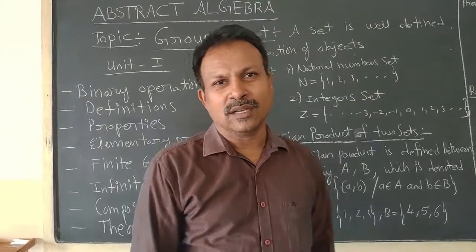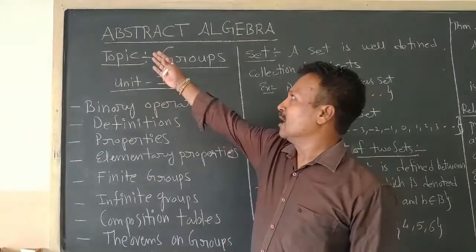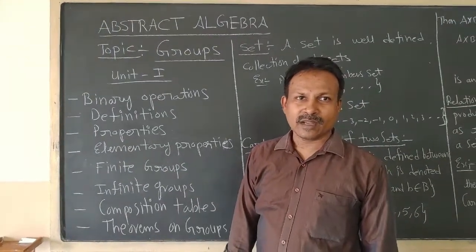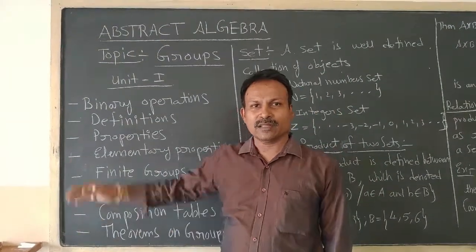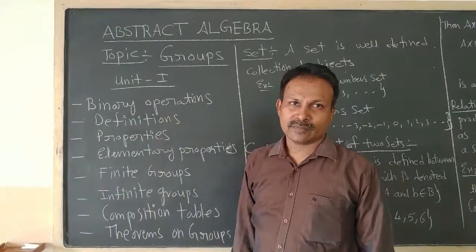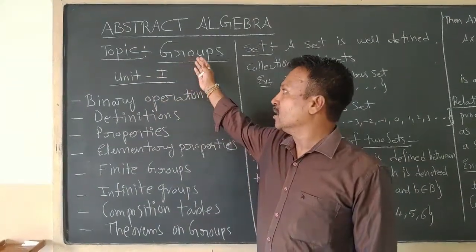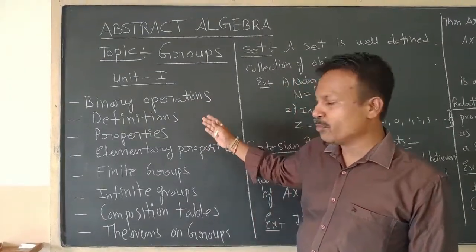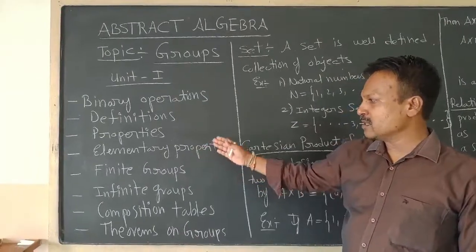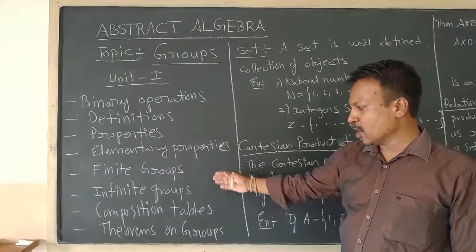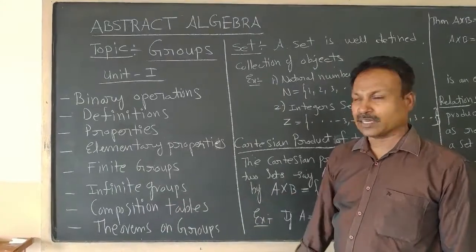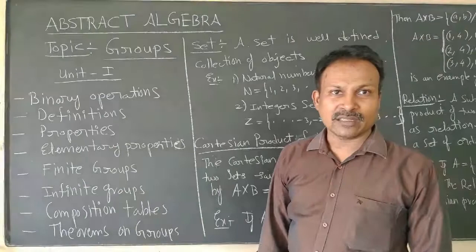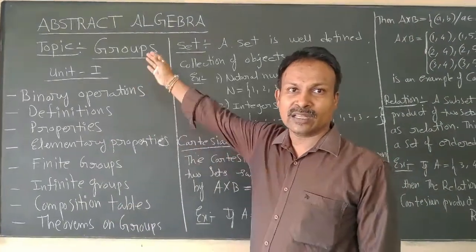Hello everyone, let us know about abstract algebra. The title of the paper is abstract algebra, and in this abstract algebra the first unit is groups, and the basic topics in groups are binary operations, definitions, properties, elementary properties, finite groups, infinite groups, composition tables, theorems on groups. Next, to know well about group theory, that is groups, the first unit in abstract algebra